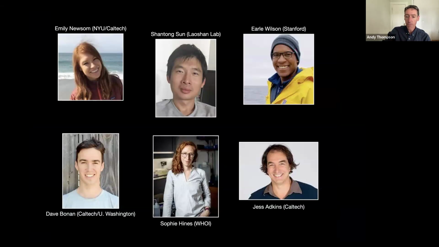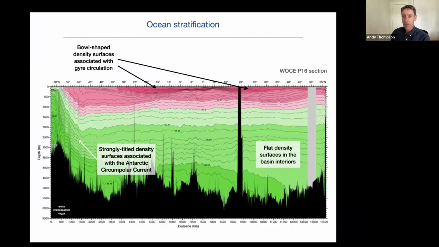One of the main messages I really want to convey in this talk today is the importance of the ocean's stratification, not only for the mean structure of the overturning, but also for how it responds to perturbations. So in order to do that, I wanted to start on this first slide, which is just showing a picture of the ocean's stratification. What you're looking at is a hydrographic section through the Pacific Basin. Imagine taking a knife almost and slicing it down through the Pacific Ocean, opening it up and looking inside. So you have depth on the y-axis and latitude on the x-axis, spanning 60 degrees south up to the north.